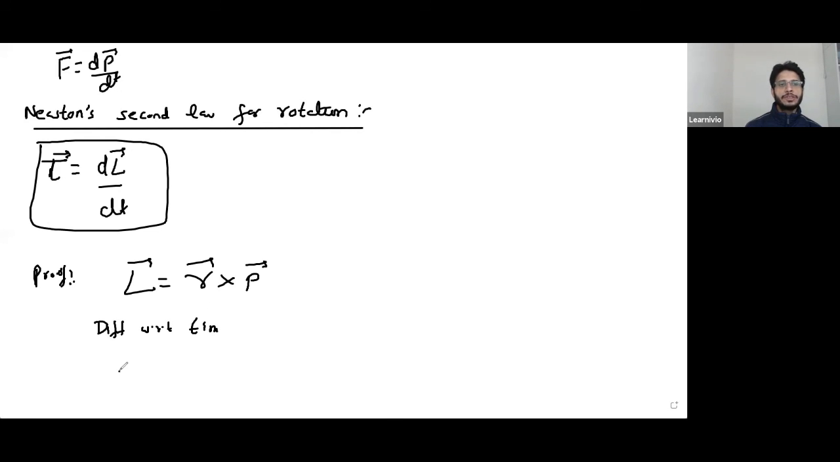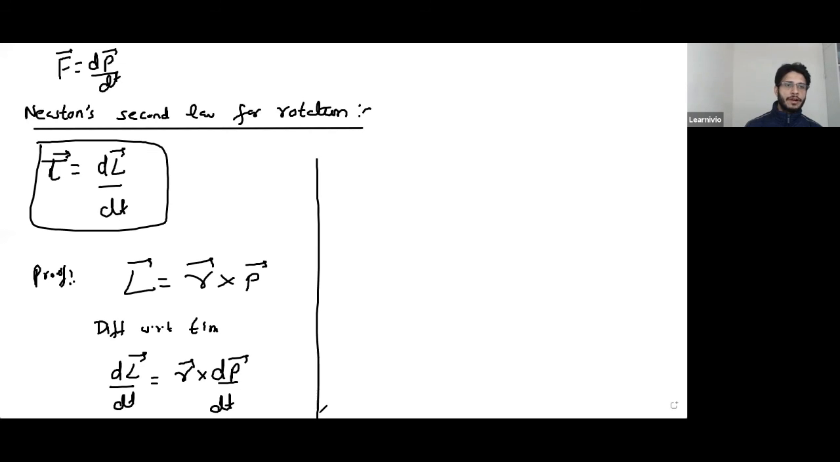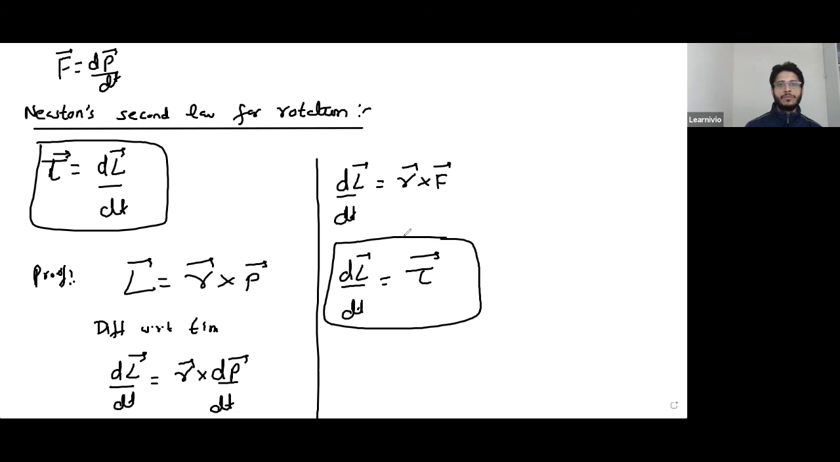When I differentiate this with respect to time, this is dL over dt. This is R, which is constant, cross dp over dt. You can write dp over dt as F. So your dL over dt comes out to be R cross F. And what is R cross F? Torque. So torque is the rate of change of angular momentum. Torque is dL over